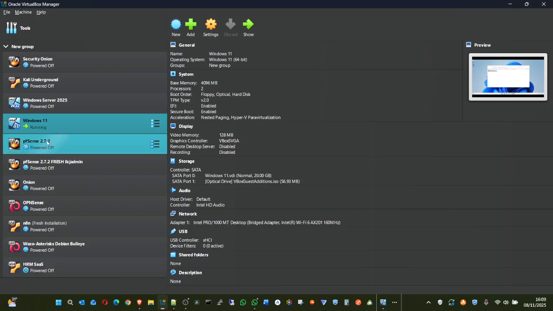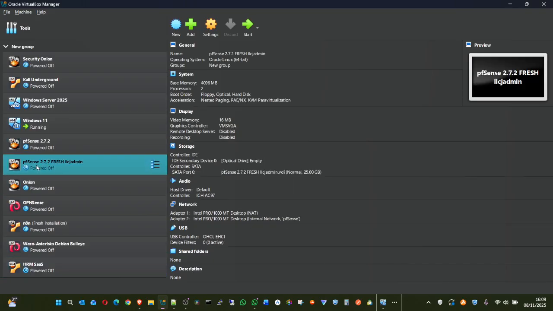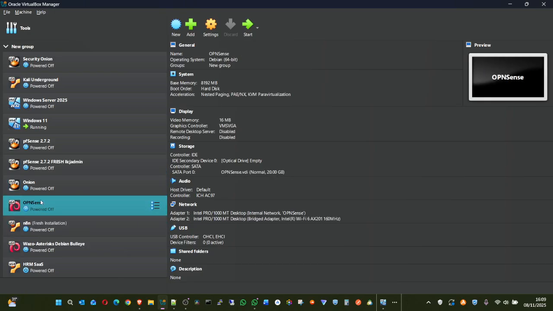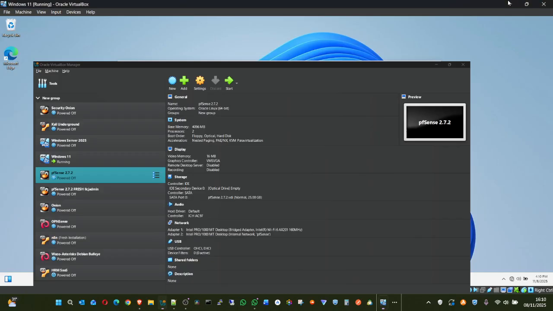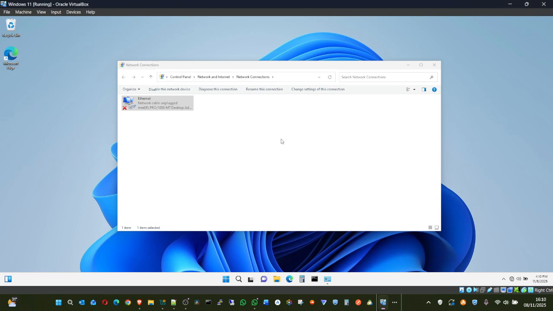I have a firewall called pfSense. I have another one called OPNsense. I have many of them like that. So I can run it through this firewall to test if the firewall will capture the malware or whatever I'm running. So you can see that I've disconnected it from the network.